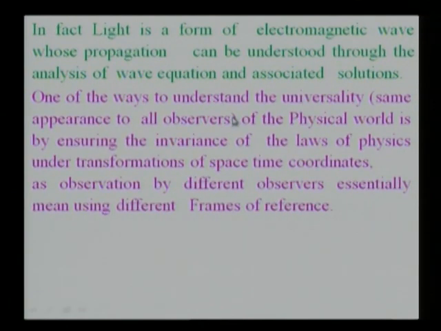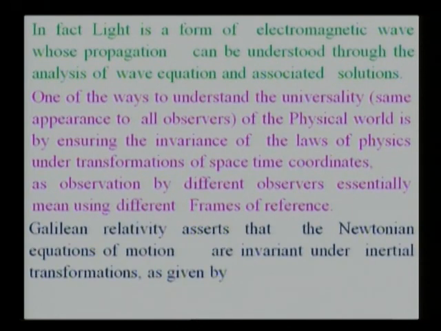One of the ways to understand this universality, that is, the same appearance to all observers of the physical world, is by ensuring the invariance of the laws of physics under transformations of space-time coordinates. If you remember, Galilean transformations had already the invariance property for Newtonian equations. Newtonian mechanics follows Galilean relativity. But unfortunately, we